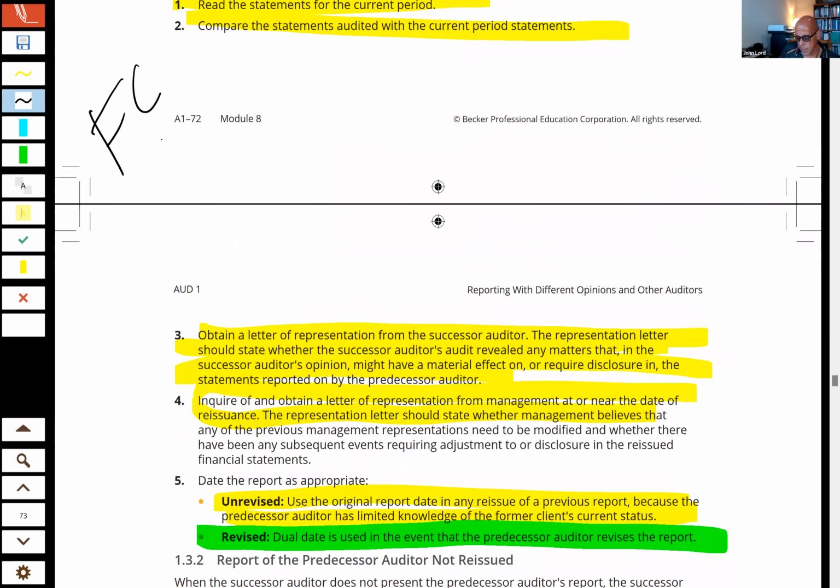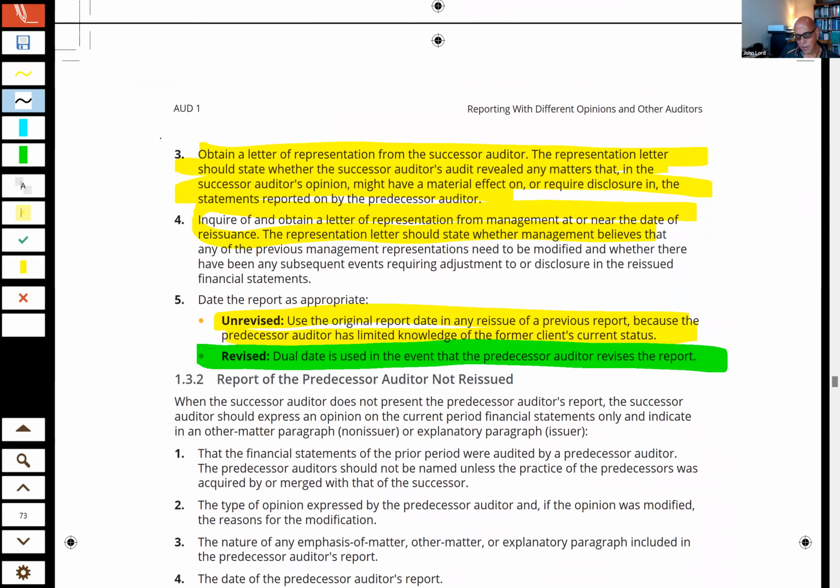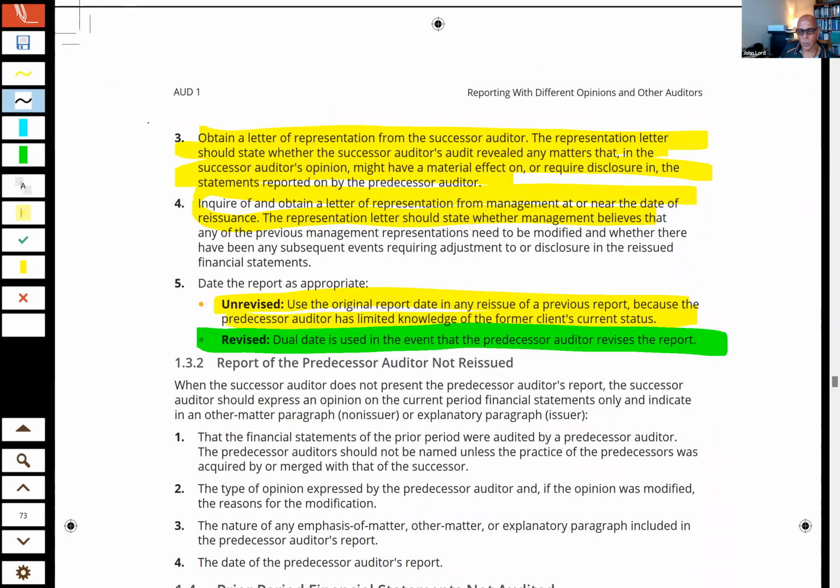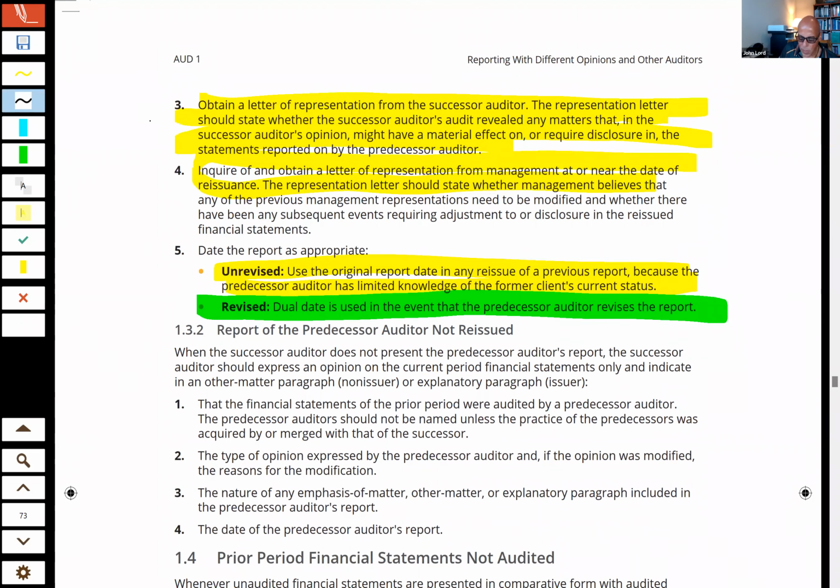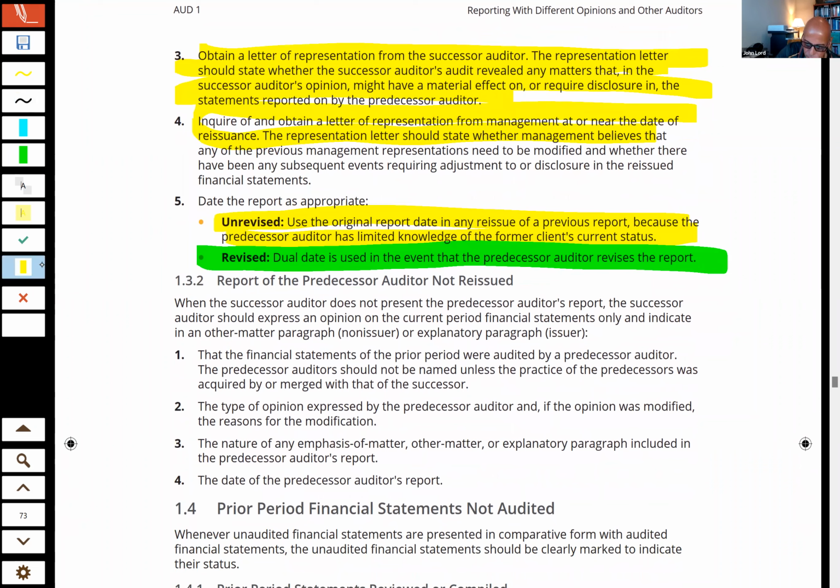Now, let's say that Michael says to me, I don't think so. I don't want my report to be put there, okay? Well, then what I could do, I'm the successor now. When the predecessor's report is not presented, not reissued, then it is up to the successor to do certain things. So the successor auditor should express an opinion on the current financial statements only and indicate